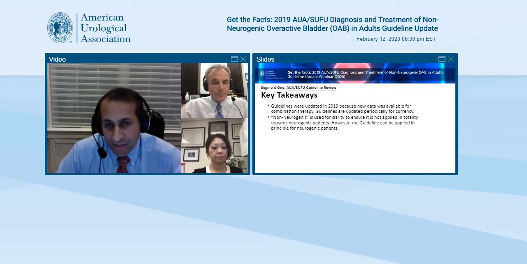And so we have a methodologist who does a very careful and extensive review of the literature, and then they take those questions and ask of us whether there's enough peer-reviewed literature to justify changes, additions, or modifications to the guidelines. And so once they do that, we have a panel who then reviews all that, and then we use that data and decide what's worth putting into the guideline and what's not.